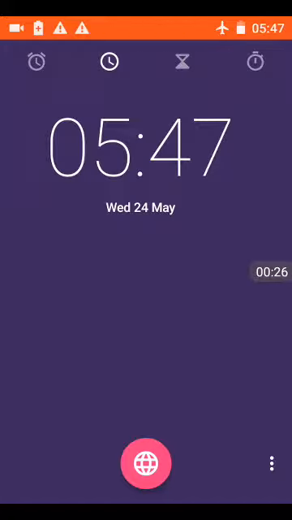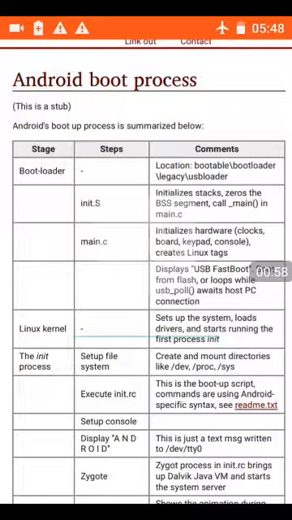Here is what I want to talk about: times. When I pull the battery, the time is not default. It is always changing. So I want to look at the Android boot process. The bootloader loads first. So when you power on the device, the bootloader is the first thing that runs. It takes care of low-level hardware initialization, and so it first runs init-s, and that initializes stacks and does some housework and preparatory work before it calls main, and then the bootloader calls the main function, main-c, the main program,